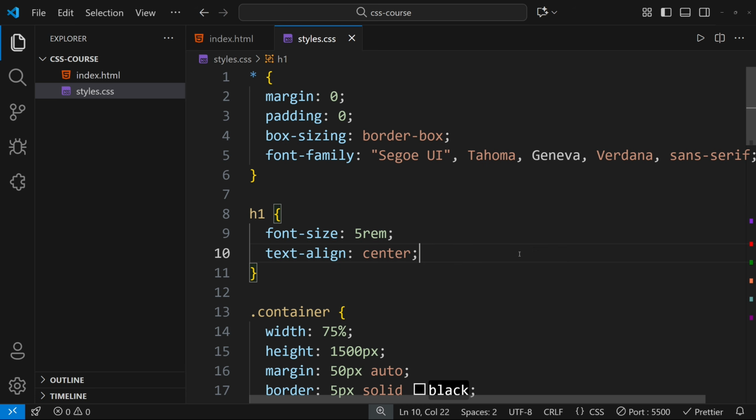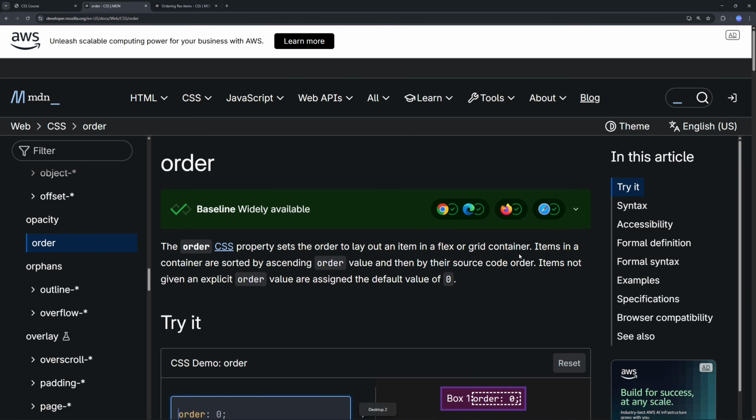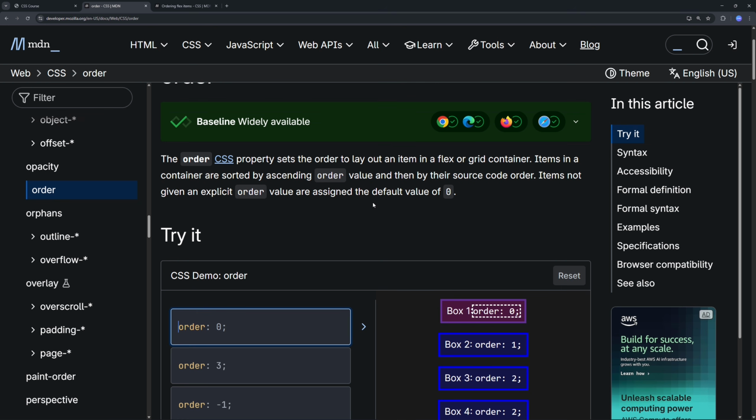Hi, welcome back. In this video, we will learn about the CSS order property inside of the Flexbox. The order CSS property sets the order to lay out an item in a flex or grid container. Items in a container are sorted by ascending order value and then by their source code order. Items not given an explicit order value are assigned the default value of 0. So the default value of the